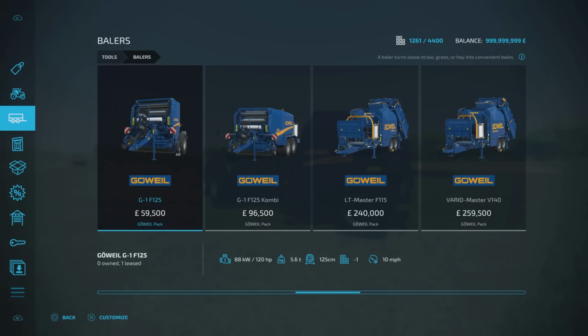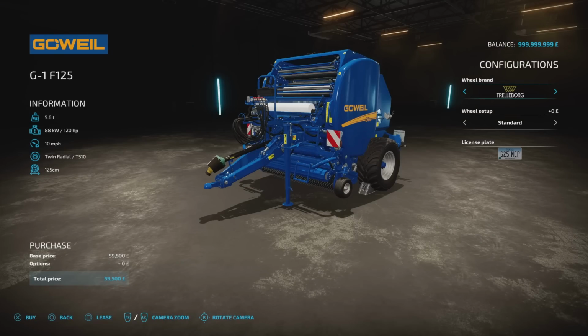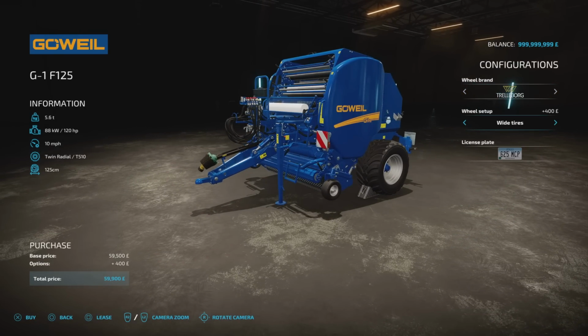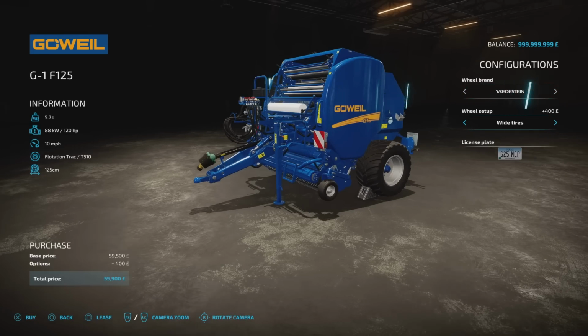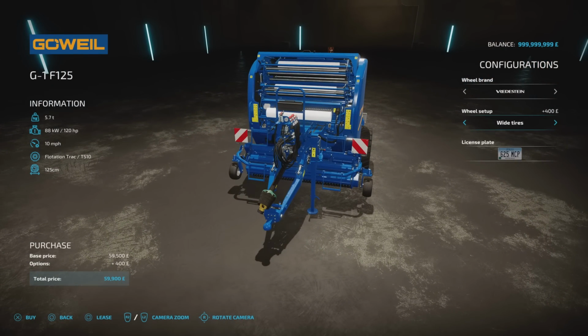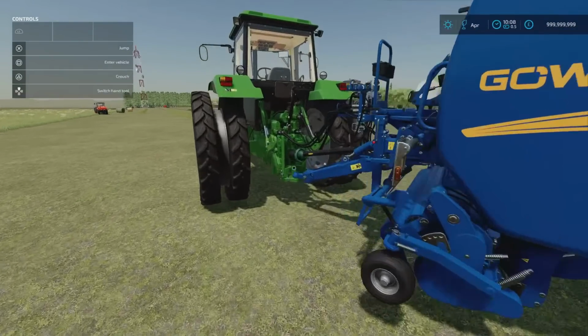The price is 59,500, and the slot count will come down to 1. It will run at 10 miles an hour. Options on this one, we've got Trelleborg, BKT, Vredestein, back to Trelleborg. On the Trelleborg, standard wide; BKT, standard wide; Vredestein, wide and wide 2. License plate option on there as well. There's no option on this for a silage additive tank. What we should be able to do,